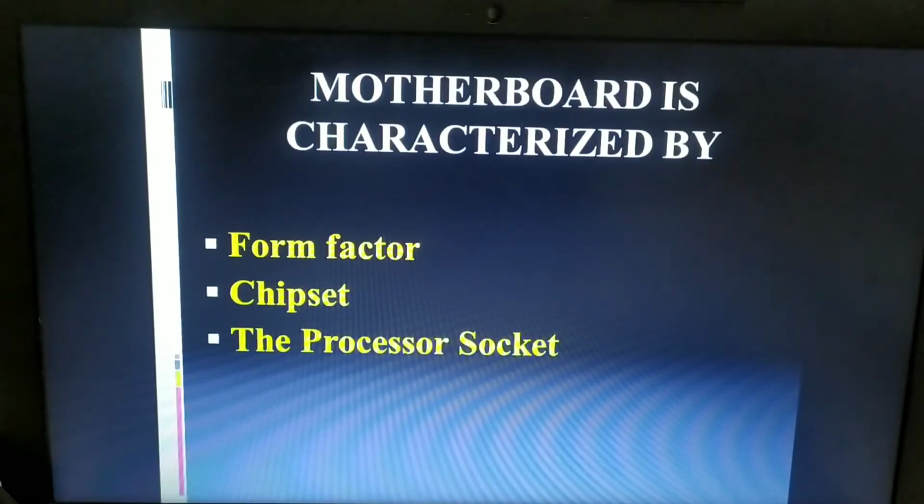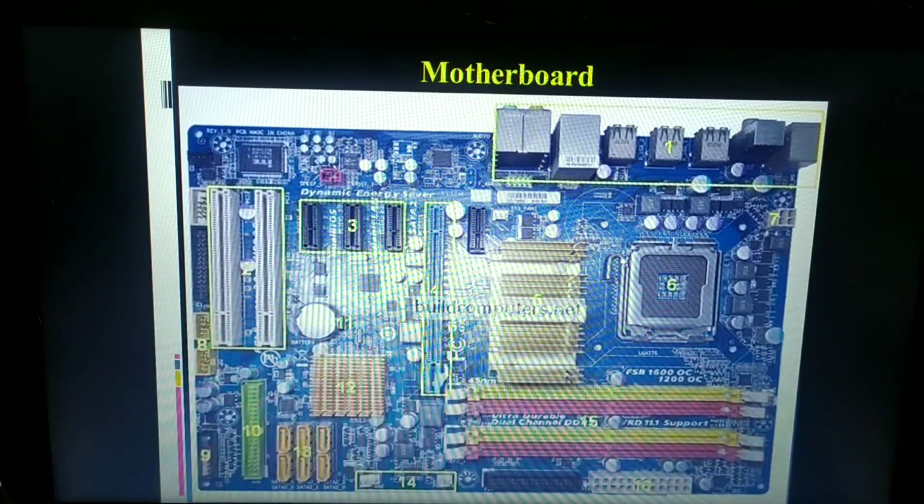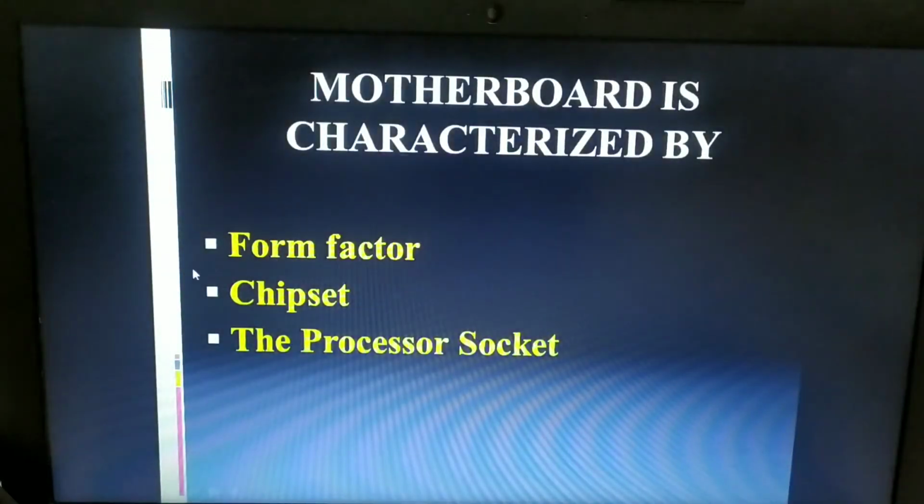and electrical requirements. Based upon this, different motherboards are there for different devices. For example, the shape and the dimensions are different for the motherboard for desktop computers. Different dimensions and shapes are required for the motherboards for laptop computers. Different motherboards we need for mobile devices. So the form factor mainly decides what the motherboard's geometry should be, what the dimensions